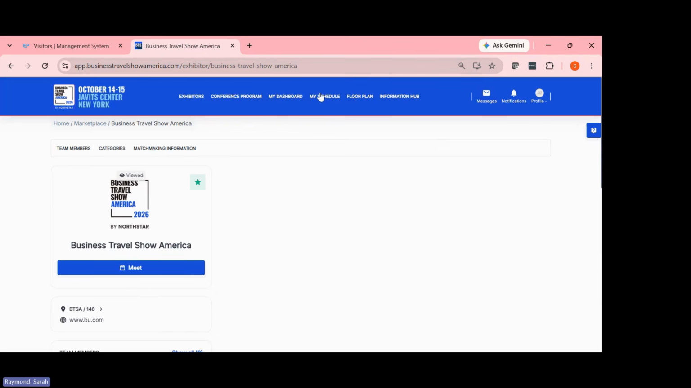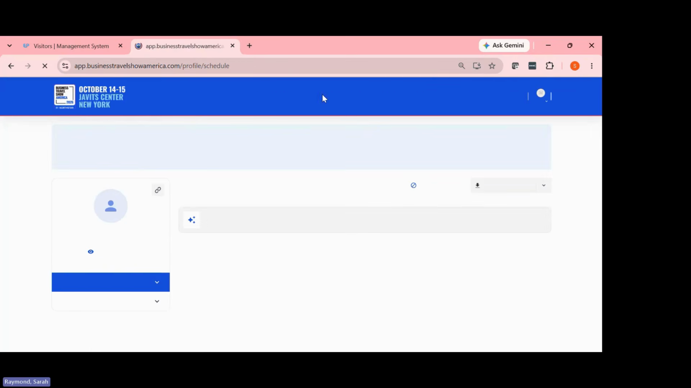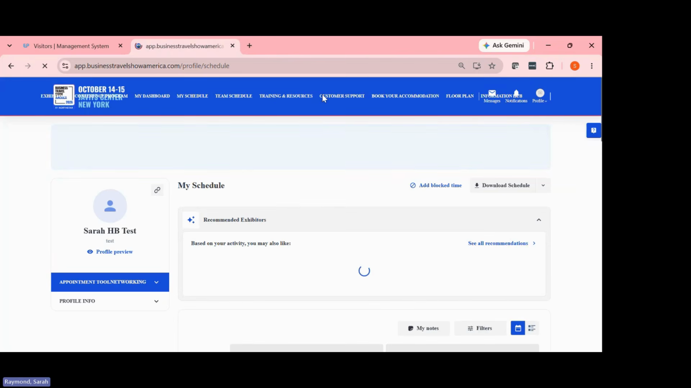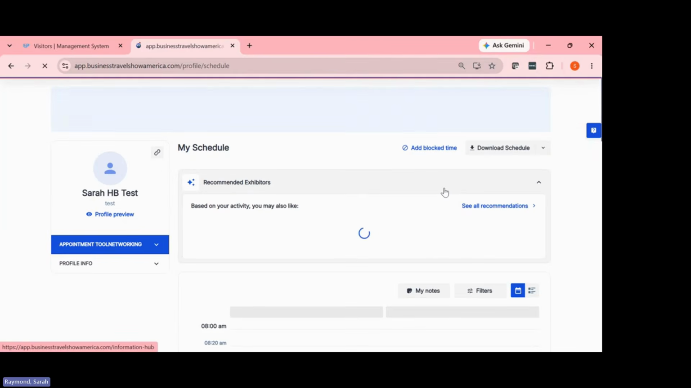Along the top, you have my schedule. We click on that. This will show you a list of any conference sessions and meetings you have added to your calendar. You also have the option to add blocked time. So if you know you are unavailable at a certain point, perhaps you're going for lunch, you can add that in here. So if we click on add block time,